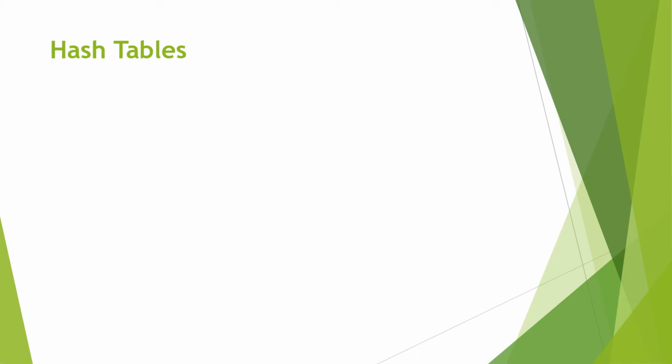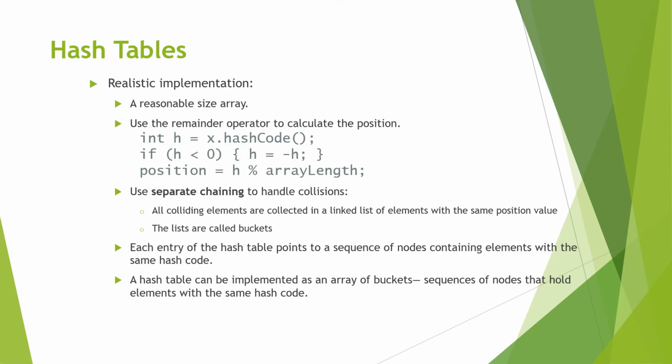A more realistic implementation of the hash table is to assume that we have a reasonable size array, and let's assume that the size of the array is array length. Whenever you have a hash code for an element like x, you call that hash code h, and if h is negative, you negate it, so you make all the hash codes positive. Basically, we get the absolute value of the hash codes to make all of them positive, and then we use the remainder operation